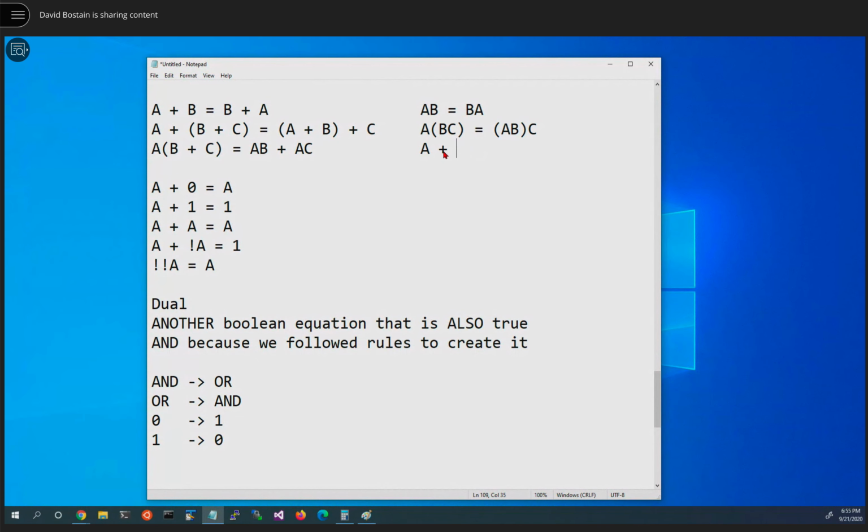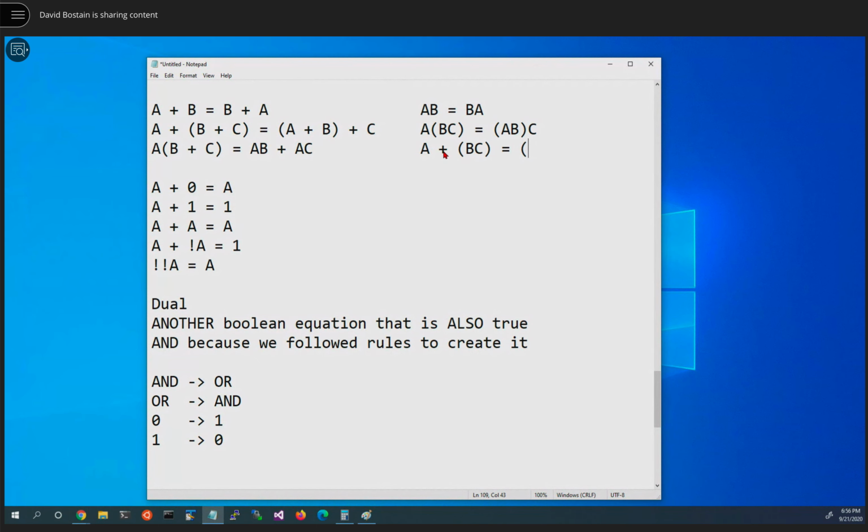Got some parentheses. And then we're going to take the or that's in there and change it to an and. And that's equal to